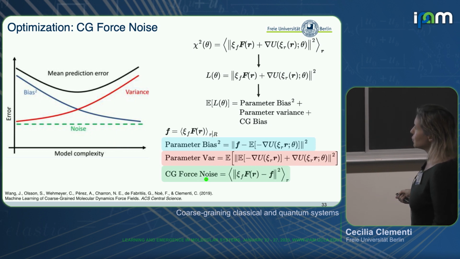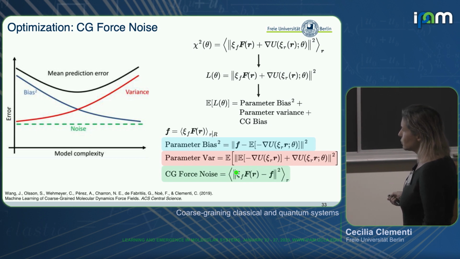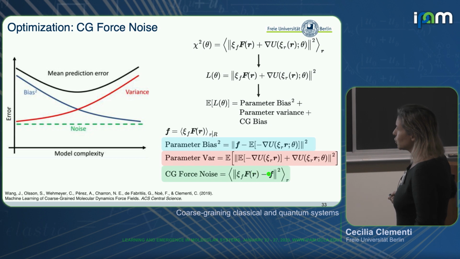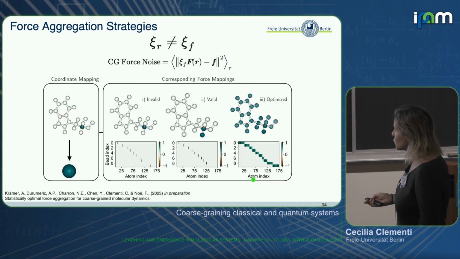But this is only because of the dimensionality reduction. Basically, for each coarse-graining force, you have an ensemble of atomistic forces that are consistent with it, and you have to take an average over it, and that is the source of the noise. But you have this projection here, and because of the freedom in picking this projection,